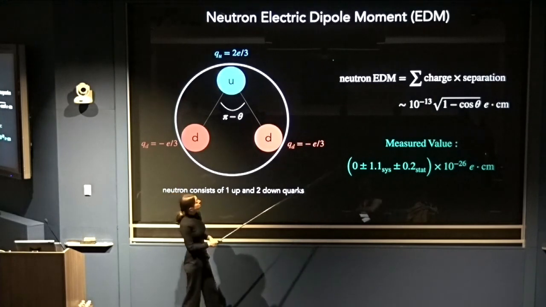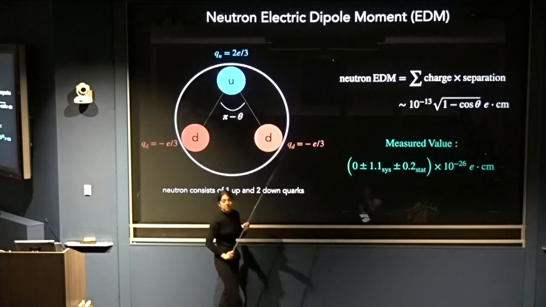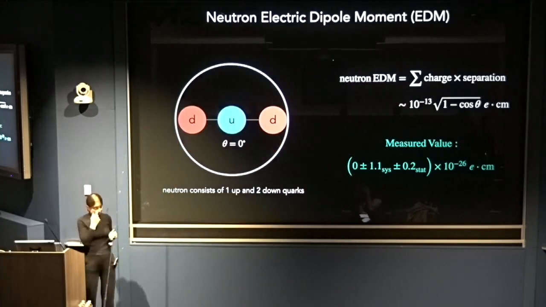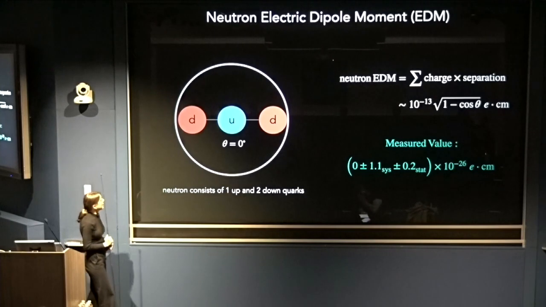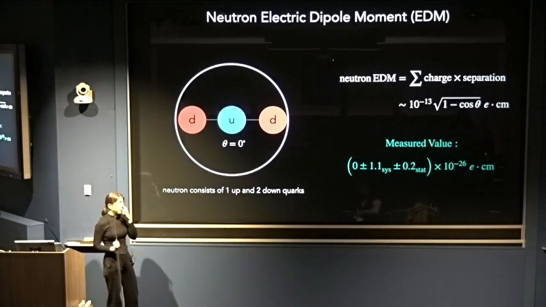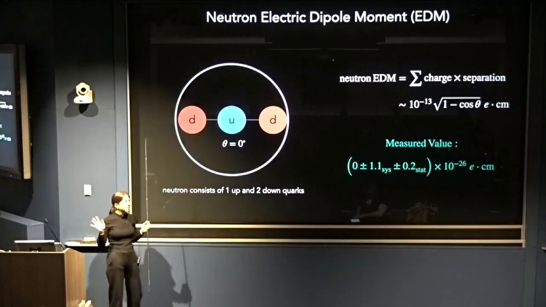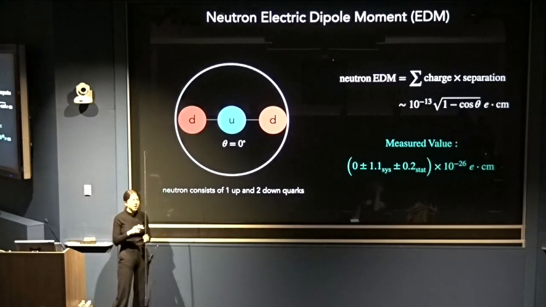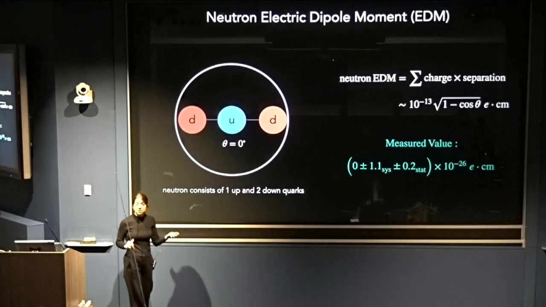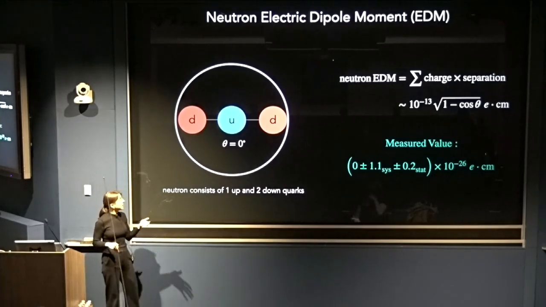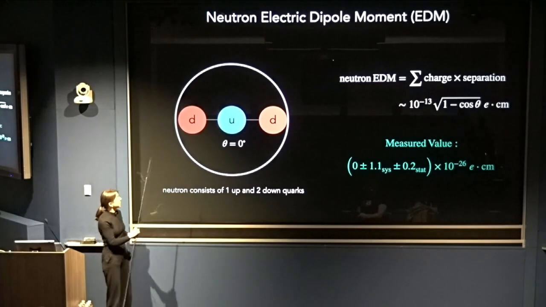And so what does that mean? Well, the only way that we can get 0 here is if cosine theta up there is 1, which means that this is the orientation of the up and the down quarks in the neutron. And that's weird. For any particle physicist, as soon as you get anything that makes a prediction for a number that's 0, all sorts of red flags go off because you're like, why is it 0? 0 is a special number. How am I going to explain 0? It might be indicative of some sort of special symmetry that's there, or maybe there's some kind of energetics reason. So maybe this minimizes the energy of the system when that angle vanishes.